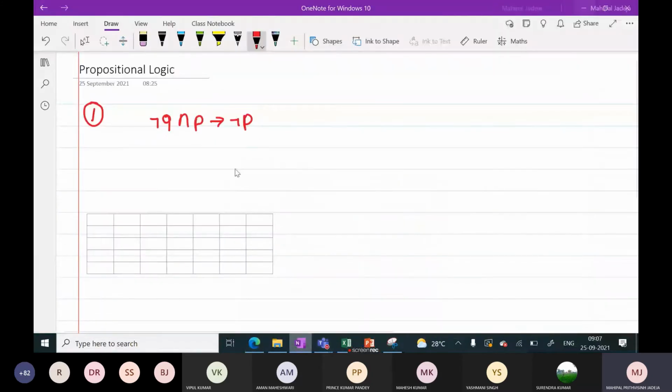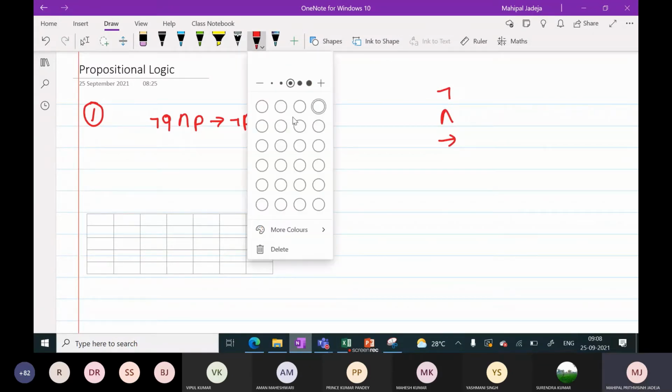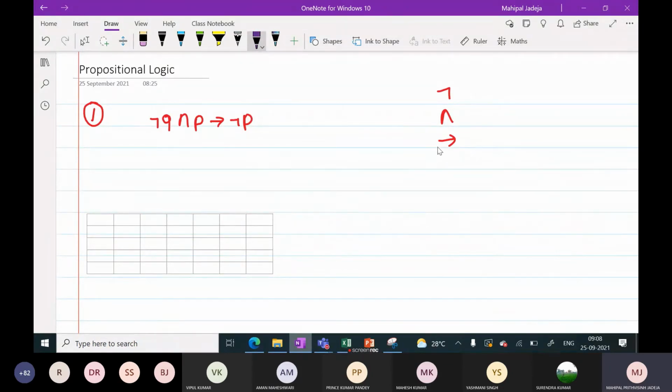So let's consider this particular compound proposition. As you can see, there are three operators here. The first operator is nothing but negation. The second operator is conjunction, and the third operator is nothing but implication. So now, since there are three operators, we should have some priority rules. Otherwise, what will happen? If we don't have this kind of rules, then there are several ways to evaluate this